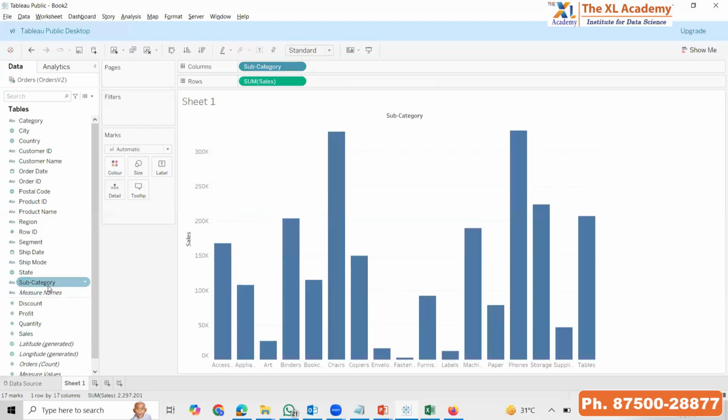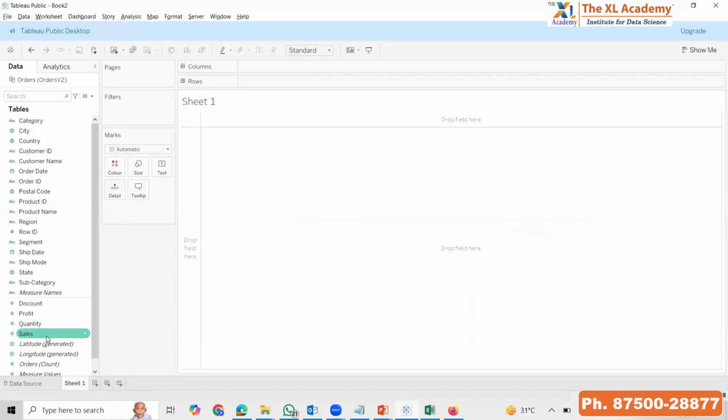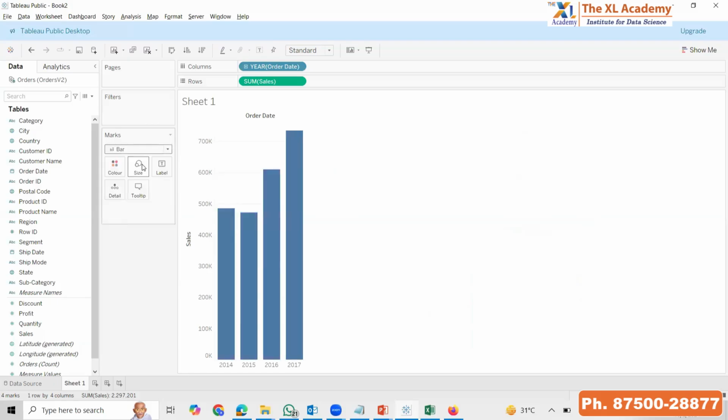Now let's take one more thing. Once, okay, I am taking the sales on the basis of the subcategory, we are getting a bar chart. So आप पूरे मॉड्यूल में देखोगे कि Tableau बहुत सारी चीज अपने आप कर देता है, but it will give you a full leverage to change it as per your requirement. So let's say बार दिया है, मुझे इसको लाइन बनाना है, लाइन चार्ट बन गया। ठीक है जी, दोबारा देखते हैं। लेट मी टेक द सेल्स ऑन द बेसिस ऑफ द ऑर्डर डेट, इसने लाइन किया है, मुझे तो इसको बार बनाना है, बार बन गया। ठीक है, ये रहा।